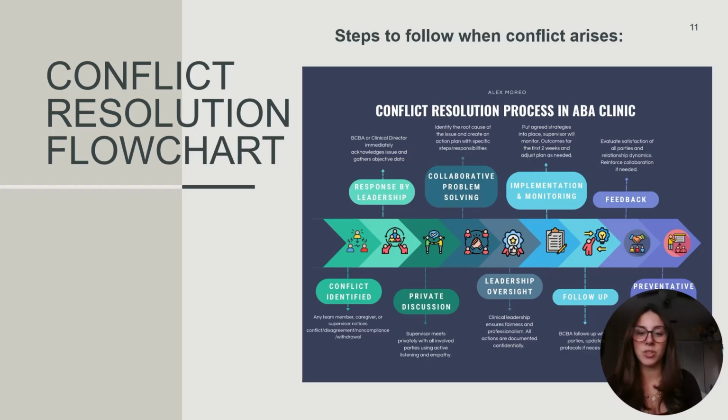Okay, when in doubt, use this flowchart. It is in your handouts. So you will also have a copy of this on its own if you can't read it very well right now. But practically what you're doing is identifying what the conflict is, using the matching strategy from your handout, escalating to your supervisor if it continues, following up to make sure things are staying on track, and getting some feedback. There's a lot in here, and depending on the conflict,